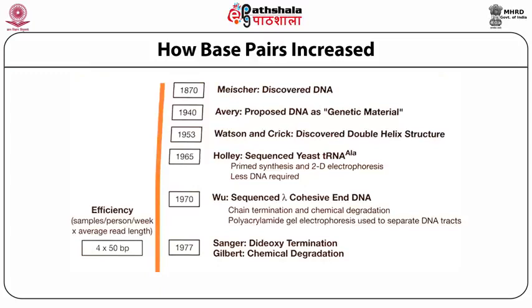So at that time, in 1970, it was all manual. Wu sequenced lambda cohesive end DNA. It was in 1975 when Sanger proposed the first model for DNA sequencing, and that was the plus minus sequencing method. In 1977, Maxam and Gilbert proposed the chemical degradation method of DNA sequencing. In the same year, 1977, Sanger proposed another model of DNA sequencing, that was the Dideoxy chain termination method